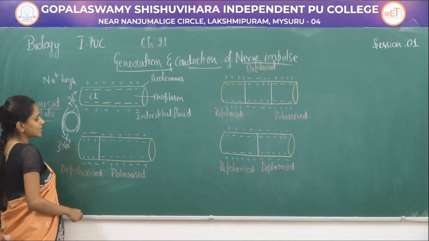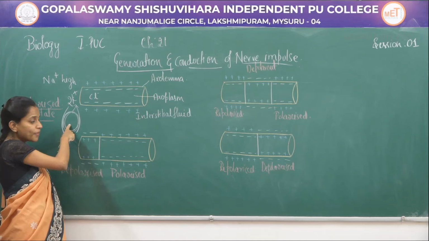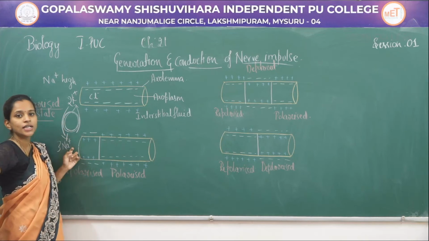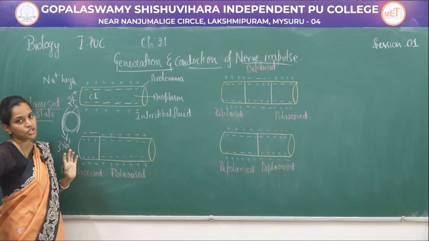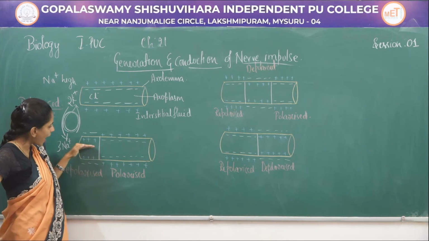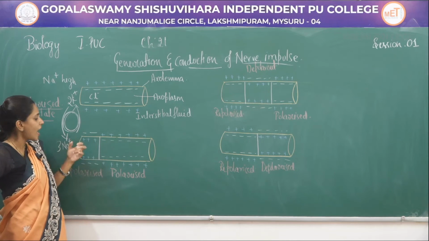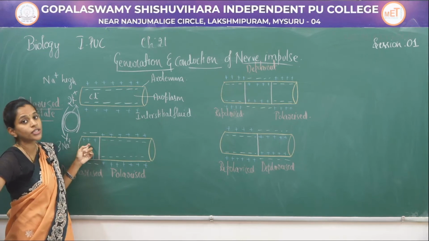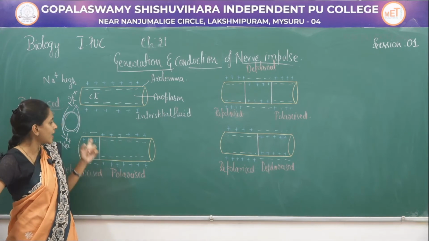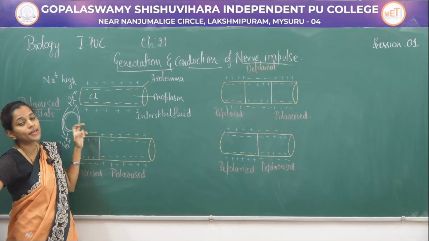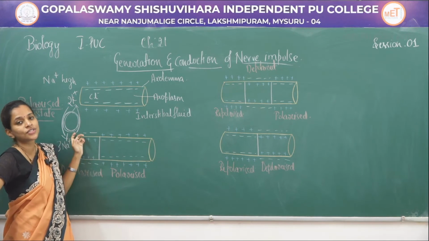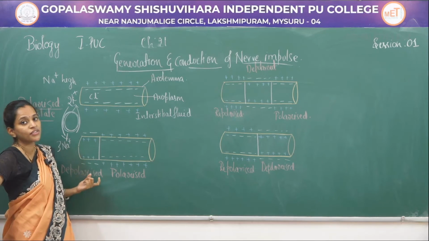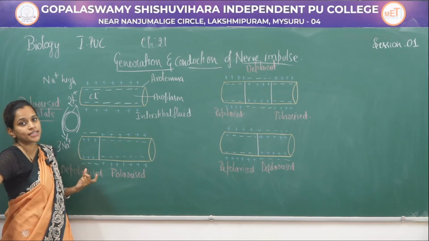So in the depolarized state, it activates the sodium potassium pump, and this activation of the sodium potassium pump leads to exchange of 3 sodium with 2 potassium molecules, because of which the axoplasm becomes positively charged and the interstitial fluid becomes negatively charged. Now the sodium amount in the axoplasm is more than chlorine, and in the interstitial fluid the amount of sodium is less than the amount of chlorine, which gives the negative charge to the interstitial fluid. So here only a part has been converted from polarized state to depolarized state.